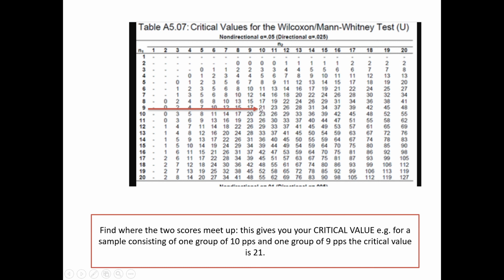So it gives a different critical value because of the nature of the hypothesis. You don't really need to know anything more about that. But again, you can look at the critical values here and see that 9 and 10 meet there, and there is your critical value of 21. Yeah, so that's okay, isn't it? Right. Okay, so